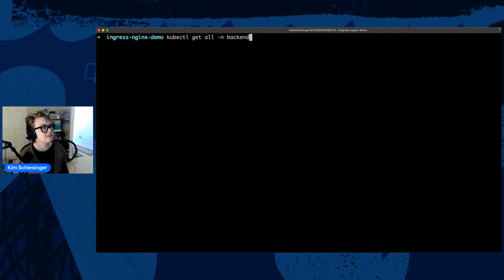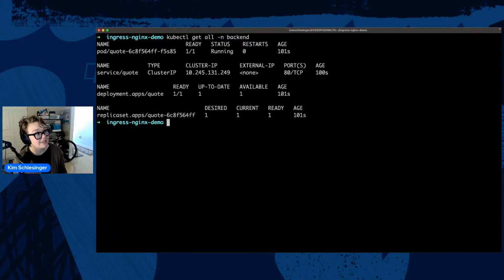So when we checked for everything running in the backend namespace, we saw a pod and a service. And now we have to create a new object called an ingress. And this is where we're going to configure the rules that tell the ingress controller, hey, when these things are true, you direct traffic to that quote service.